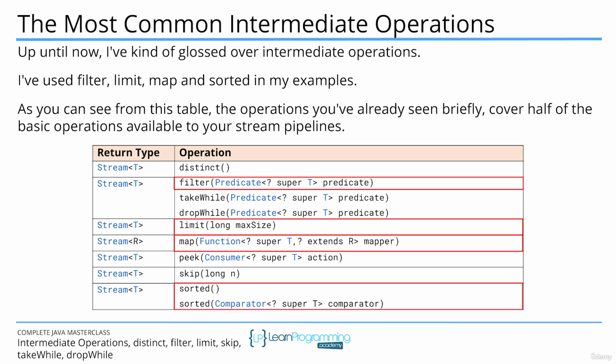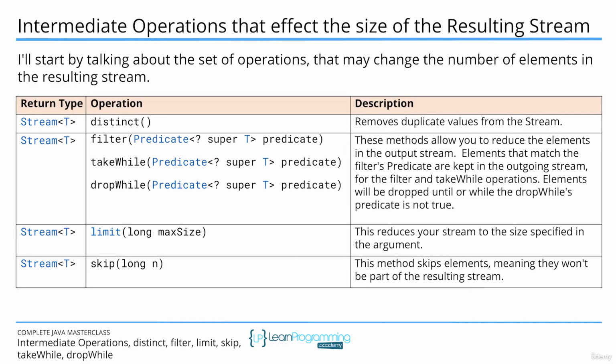to your stream pipelines. I'll start by talking about the set of operations that may change the number of elements in the resulting stream. In this group, the first is the distinct operation, which removes any duplicate values. This operation depends on the stream type's equals method to determine the uniqueness of a stream element. Next, there is filter, which takes a conditional statement that evaluates to true or false, usually based on some attribute